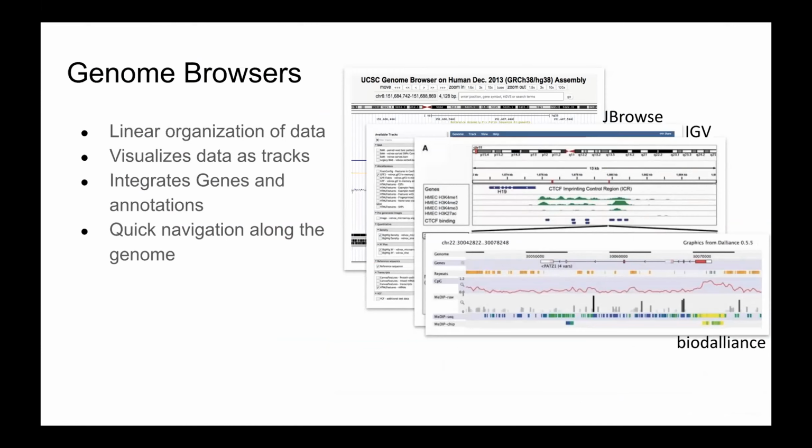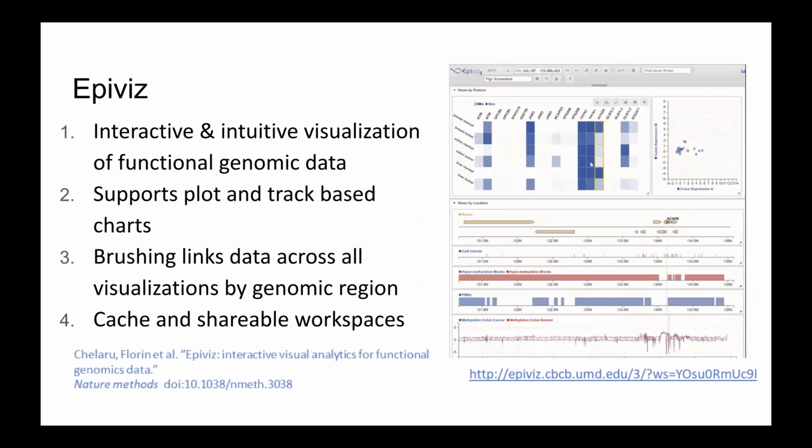If you know the region you're interested in, you could quickly type in that region in the browser, and it would update all the data to that region, or you could search for a gene and quickly jump to that region. So EpiViz also works very similar to a genome browser. We support a lot of both plot and track-based visualizations. What I mean by that is, if you have an expression data set or a transcriptomic data set, it is much more intuitive to look at those data sets as a heat map or a scatter plot, where you're comparing expression across samples and not necessarily as a track. So we support those kinds of visualizations.